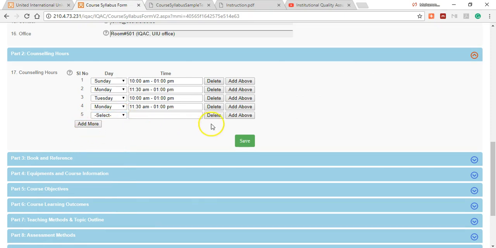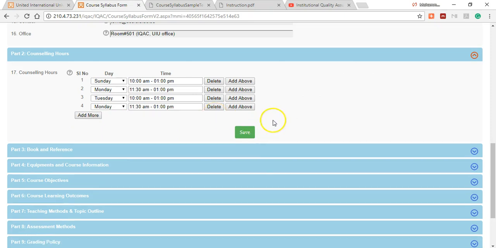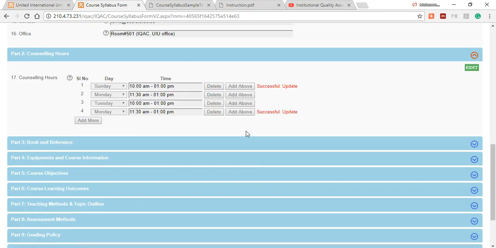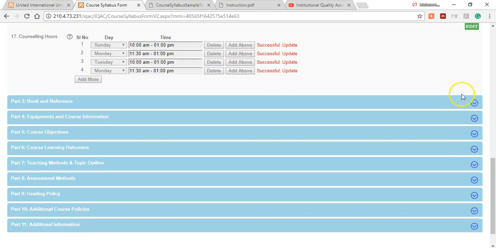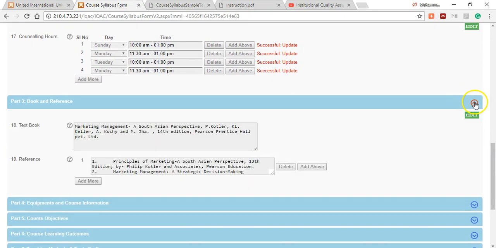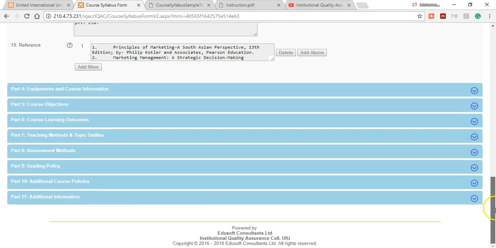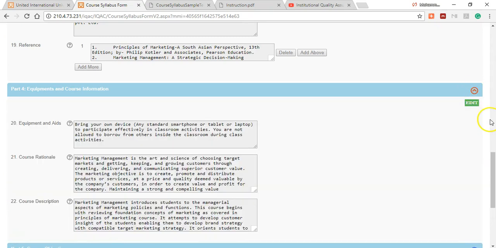But then I think, oh no, I want to delete this button. And after I have completed the editing, I can just click on save options, and it will be saved on the database. So for books and reference, we have the same features, but then for equipments, you can see